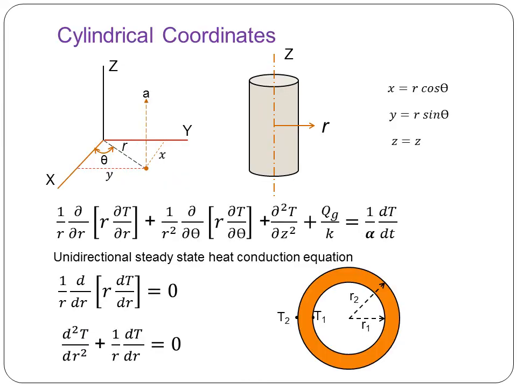Now, the next thing is the general differential equation for cylindrical coordinates. In case of Cartesian coordinates we used 3 directions x, y and z, but in case of cylindrical coordinates you have the length of the cylinder, you have the radius of the cylinder and you have the angular surface of the cylinder. So, for that we can again get the expression using x, y and z.